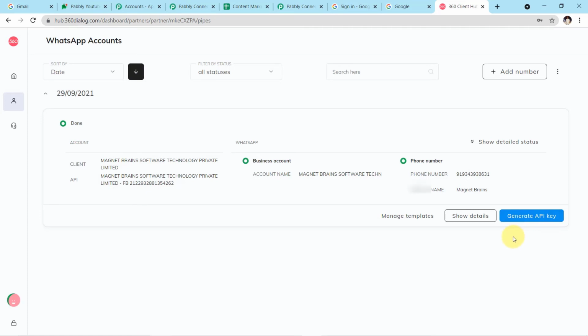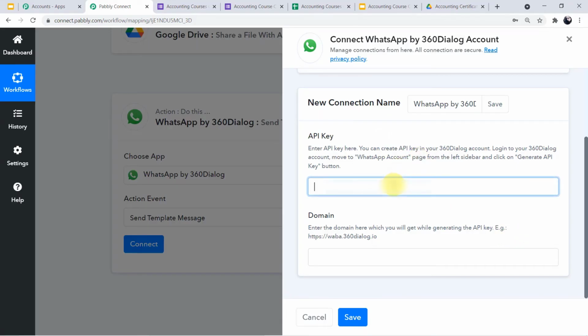Because I have already generated my API key and copied it, let me just paste it to my Pabbly Connect account. Okay, so I'll paste it here. Guys, I have pasted my API key, but you cannot see it because I have blurred it. Now I'll